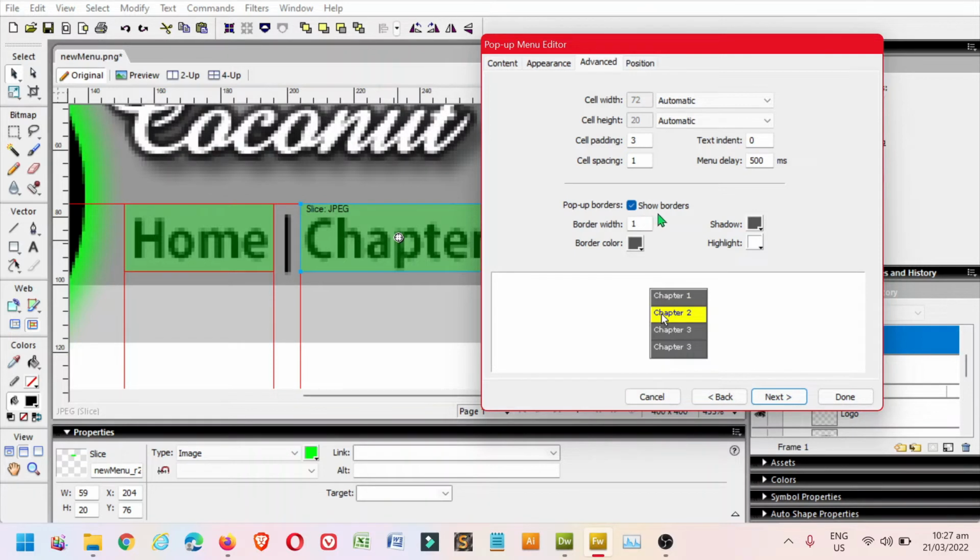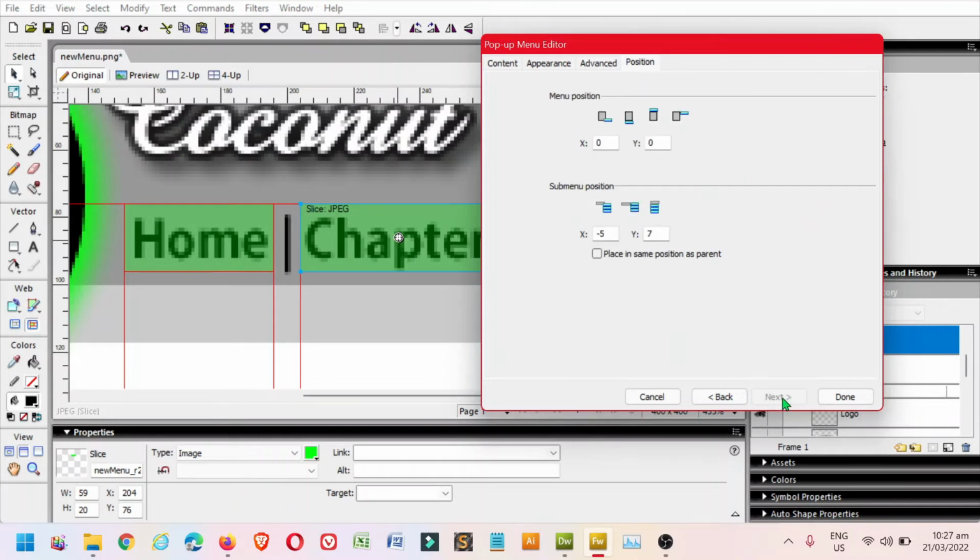Okay, so show ruler, show border. So border width, then the colors of the border, and the default is 1000 millisecond for the delay of the drop down menu once you position your pointer on the menu. Okay, so click next,